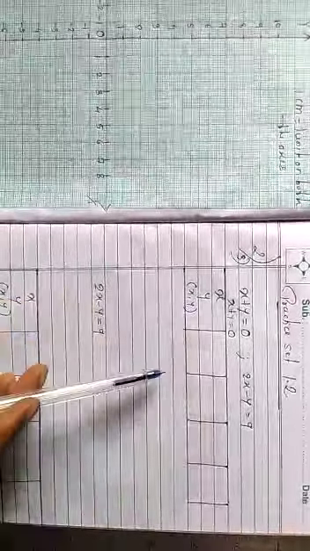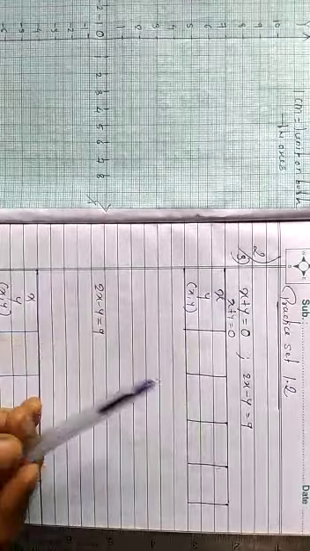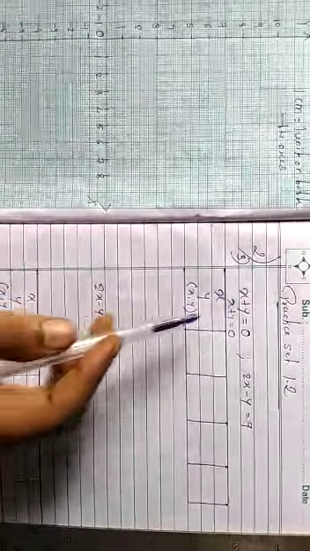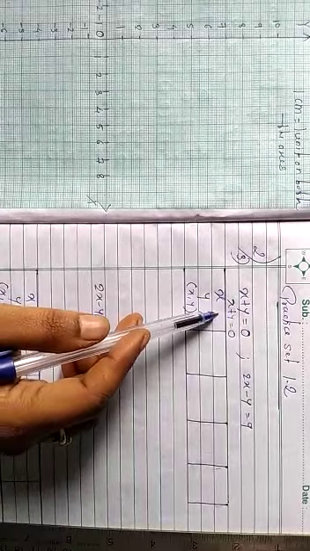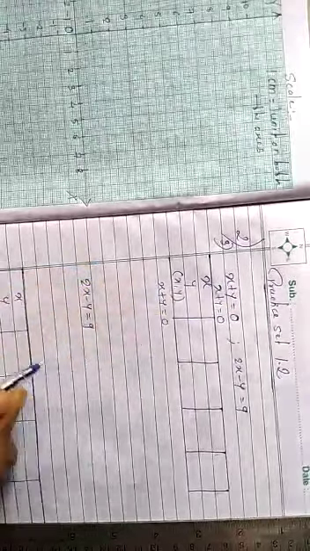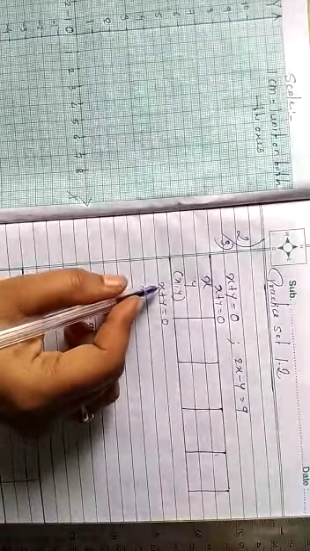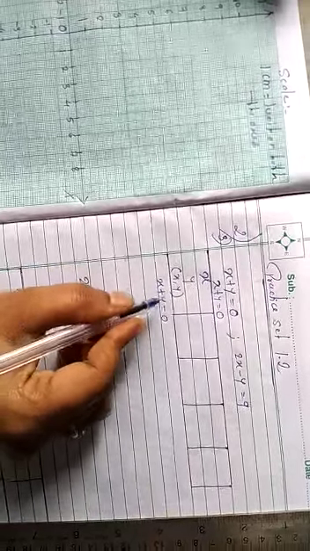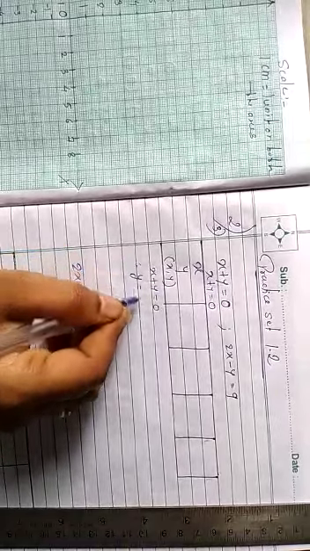Now we have to start plotting the graph. But for that we should have the values, no? Coordinates of x and y, that we don't have. So first we have to find the coordinates of x and y. First we'll take the equation x + y = 0. You can shift either x to this side or y to this side. I'll shift x to this side,